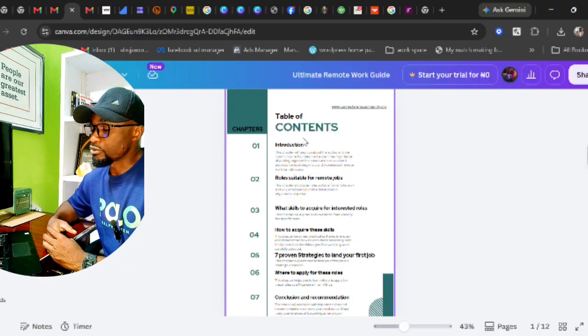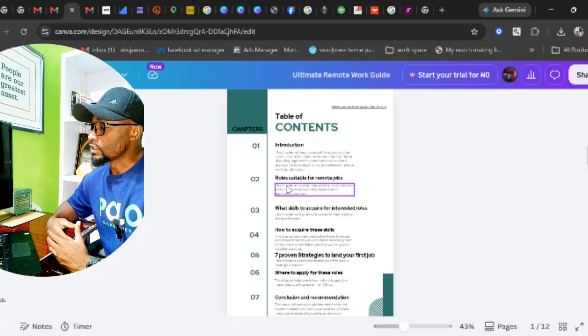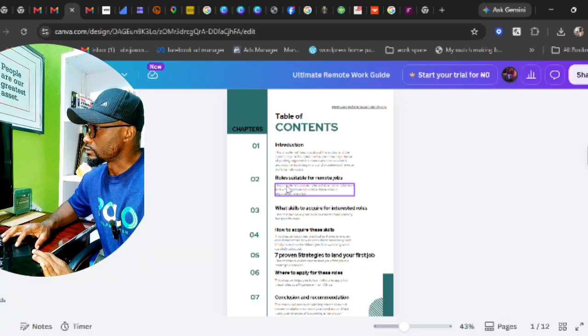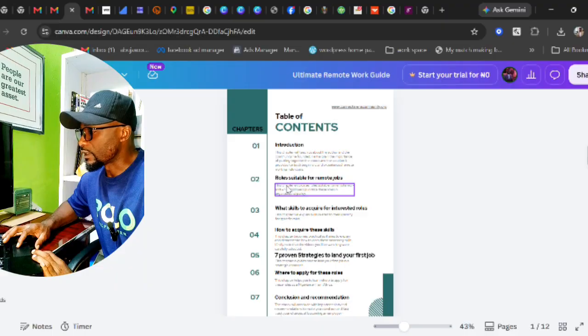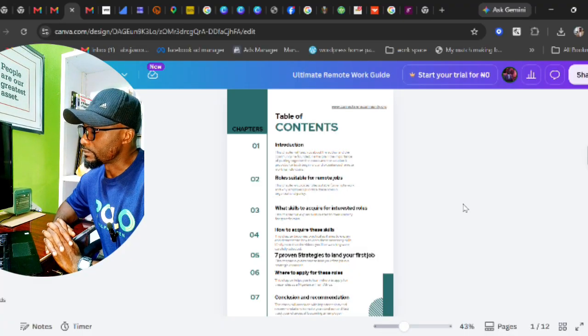I was talking about remote jobs, so my table of content practically gives a step-by-step guide on how readers, users, consumers of my products can land their first remote job, right? So this is my table of content. After my table of content, of course, I went further to develop it. For introduction, there are more things I had to say. So the beautiful thing about the Canva ebook templates is that